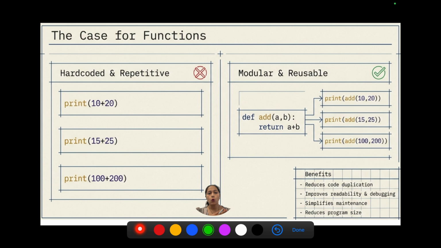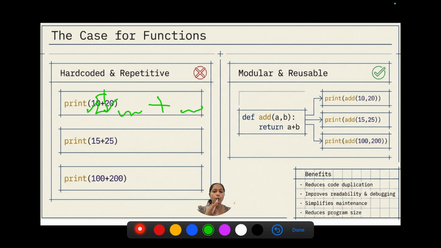Now, if we talk about a calculator, just think about a calculator. Whenever you press an addition button plus, whatever inputs you give, it performs the addition and gives you the output, right? So every time there are different inputs, there are different numbers, but whatever task this button is doing, this is a function, right? It is giving you different output based upon the input that you have given, but that button is having some statements which are fixed. The logic is fixed that it has to do addition.